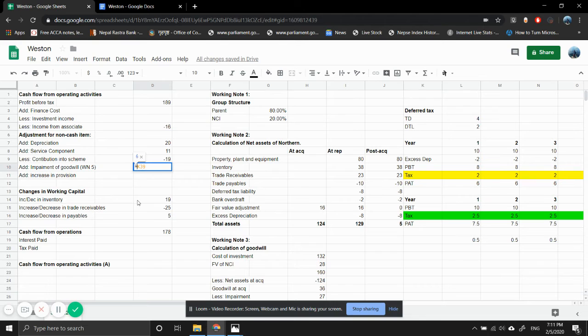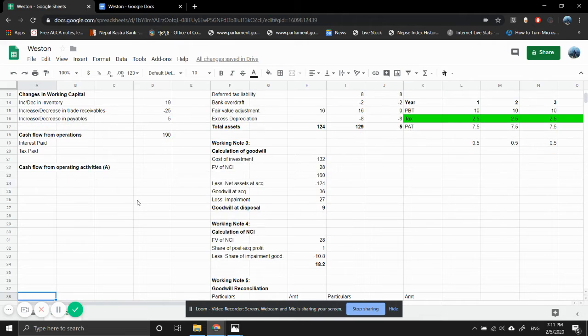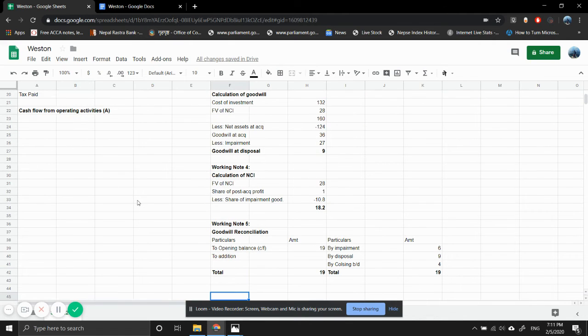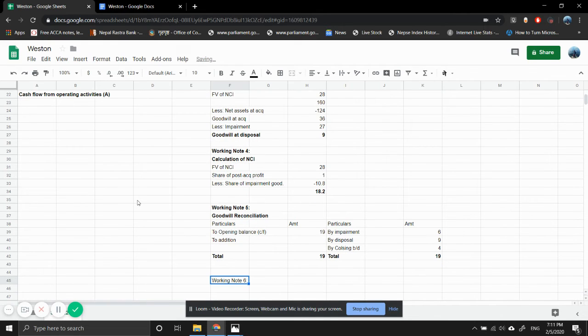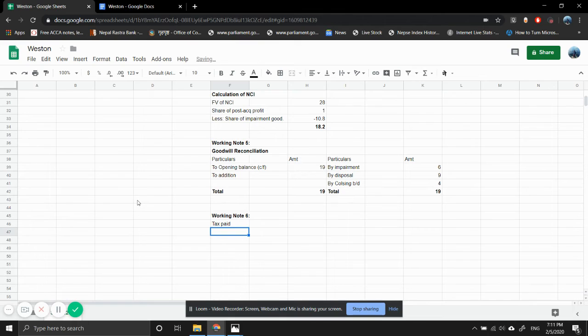Why am I doing minus over here? All right, so tax paid, interest paid is not there, so let's calculate tax paid. So working note 6, bold it, tax paid. So opening balance